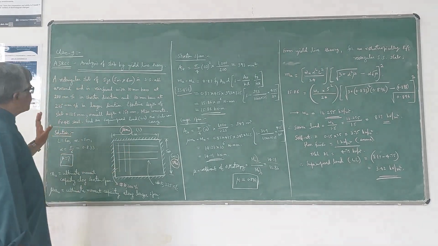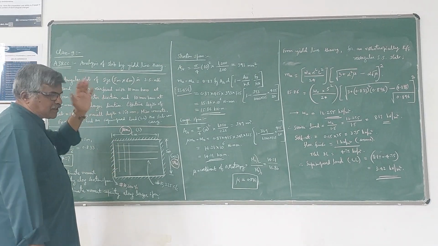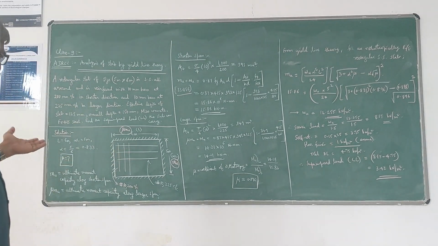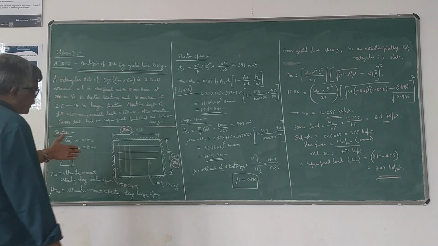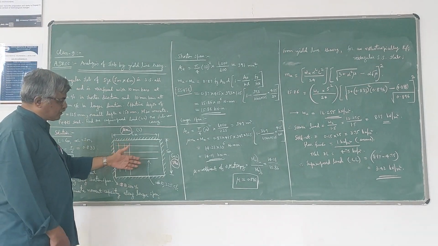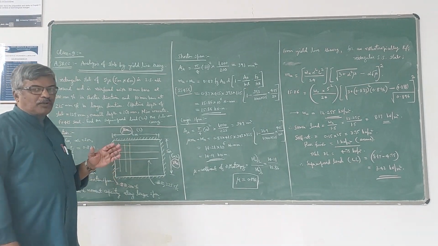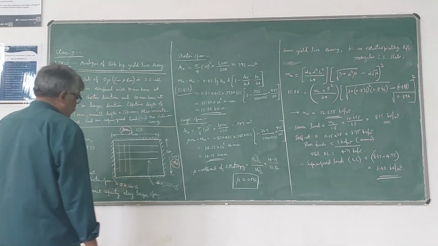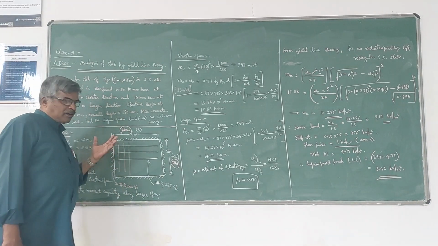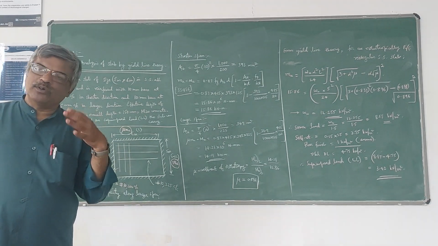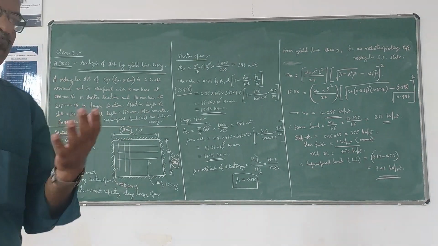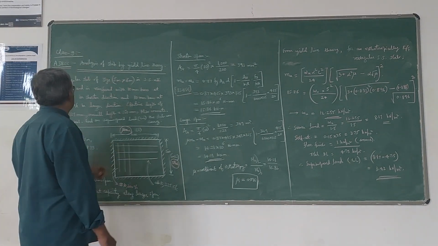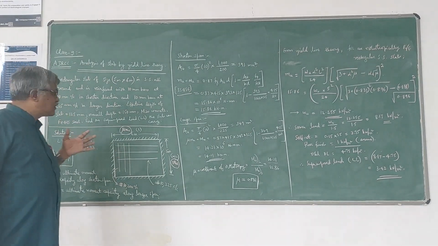That is the design example. In the case of an analysis problem, all the details will be given. Whatever reinforcement is provided in both the directions, short span and long span, will be given. Dimensions of the slab will be given. You are asked to find the load carrying capacity of the slab. So this is a reverse type of problem: given all the details, how to find the load that the slab can carry. That type of problem is called an analysis problem. This type may also be given in the examination.